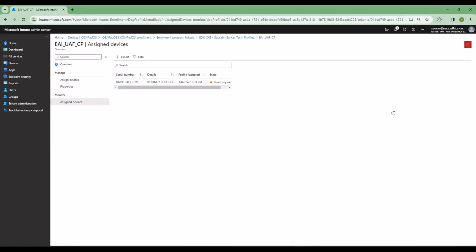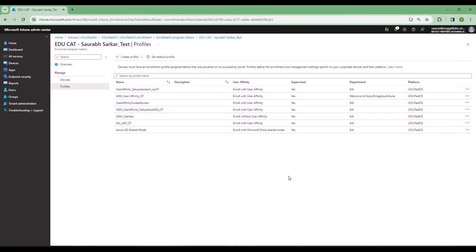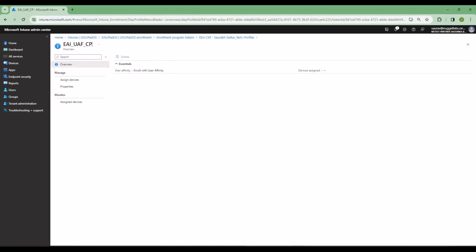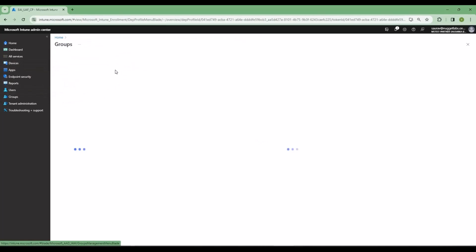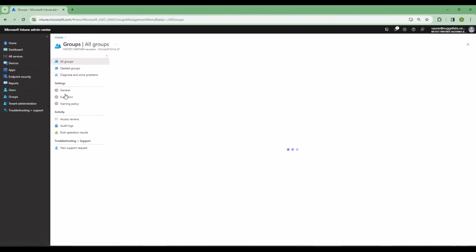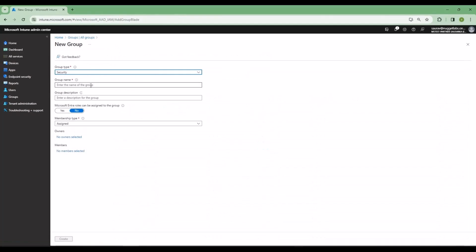The only thing that we have to do next is create a dynamic device group. So what I want to do is any device that is enrolled by this profile should get added to a specific group, let's say, so that I can make use of that group later on. So what I'm going to do, just going to copy this. I'm just going to go to groups and create a group. So let's go to all groups and then do a new group, and let's call this EAI